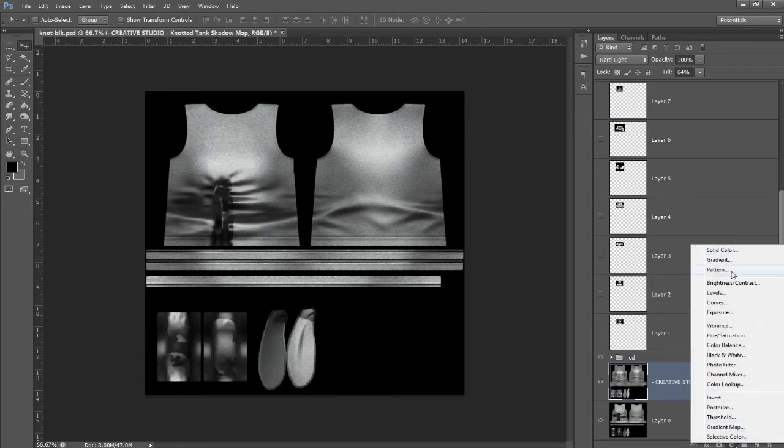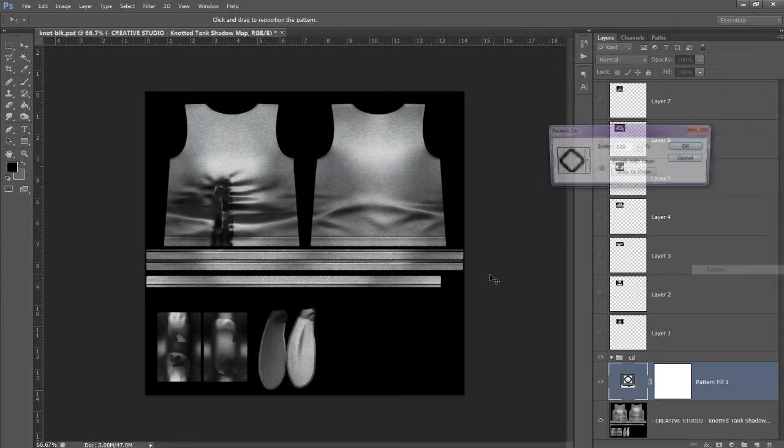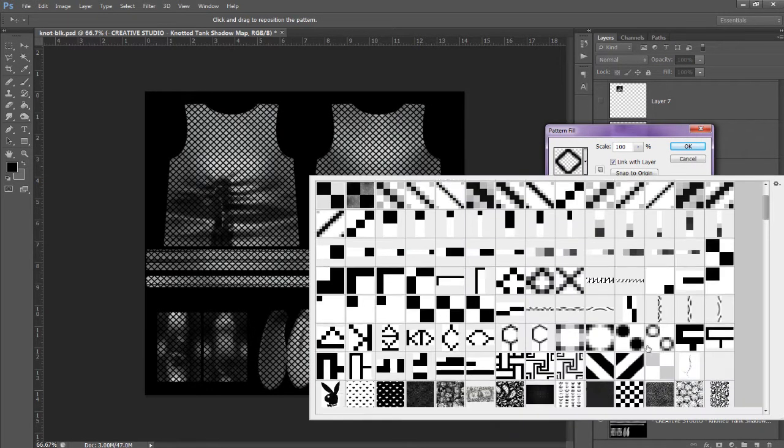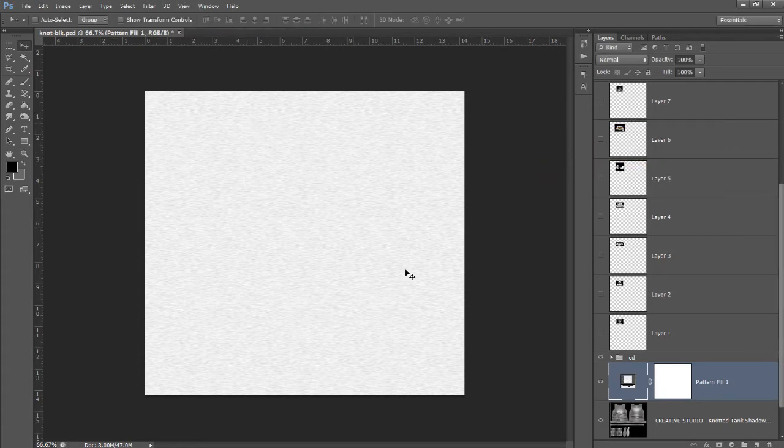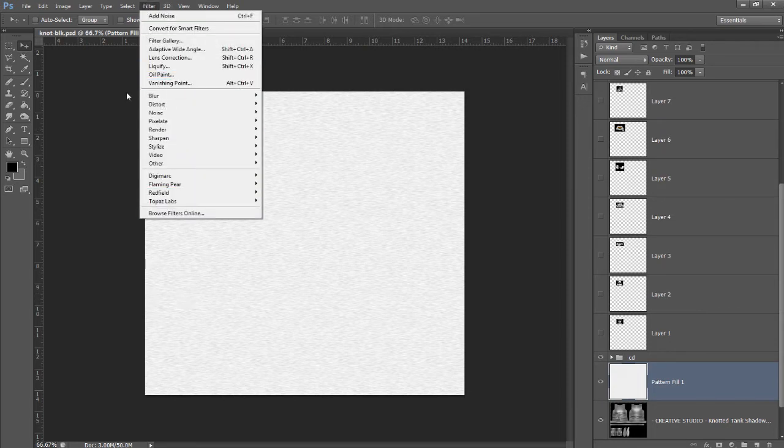I'm gonna go ahead and put a pattern on top. Even though it's got this noisy pattern on it, I'm still gonna add my cotton pattern on top of it. So I'm just gonna leave all the settings just like that. We're gonna convert it to a smart object and rasterize it. And then